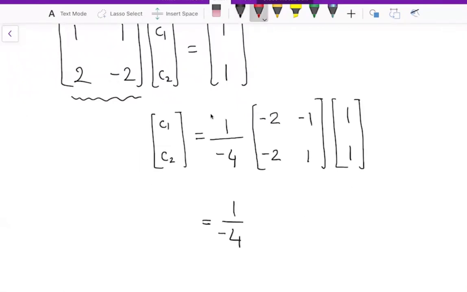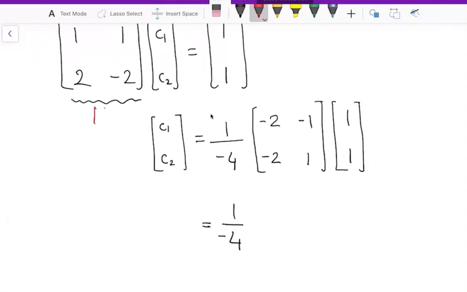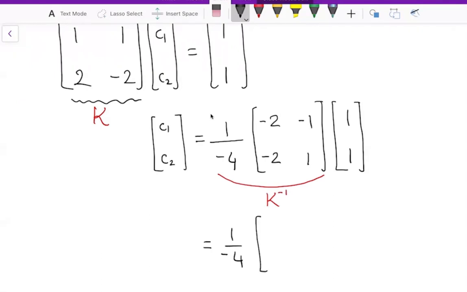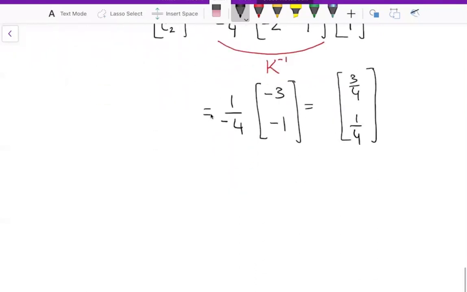Let me give a name maybe. Let's say this is the matrix K, and this product is K inverse. If you look at the product, we get negative 3 and negative 1. So then we get 3 over 4 and 1 over 4. That's c1 is 3 over 4, and c2 is this. So then the solution